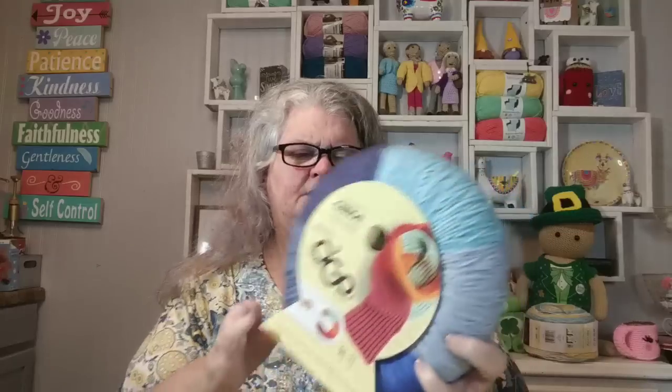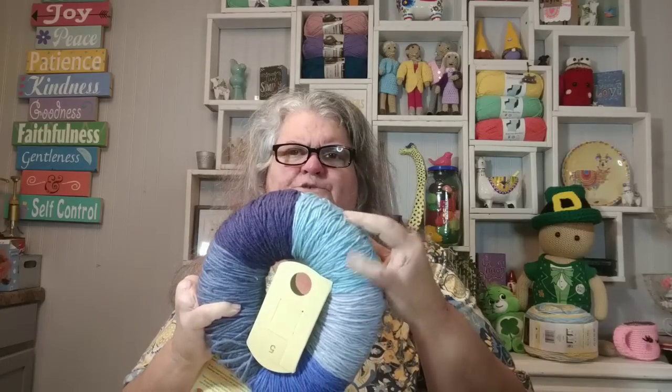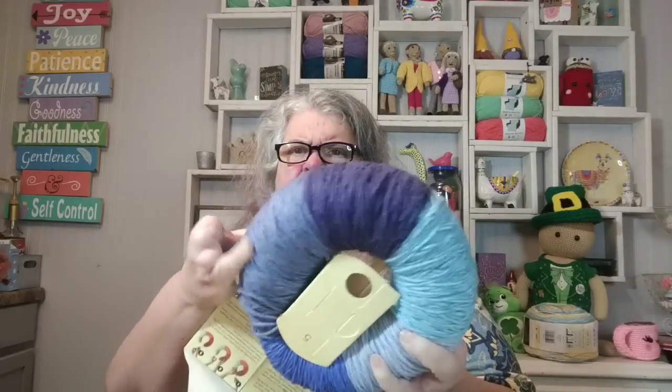So I went back over there and looked at those again, and they had these blues. This one's popped open real good. I saw these blues as almost a royal blue, a lighter shade of blue, more of a turquoise looking blue, a navy blue, and then a denim blue. So I thought I would make Big Daddy a blanket of blue squares,